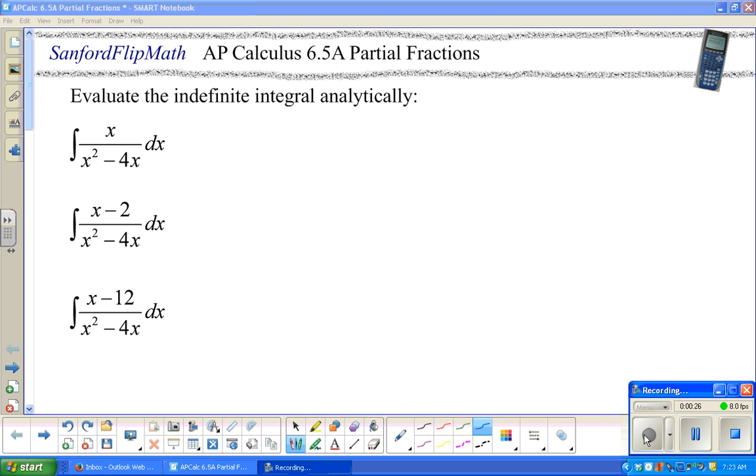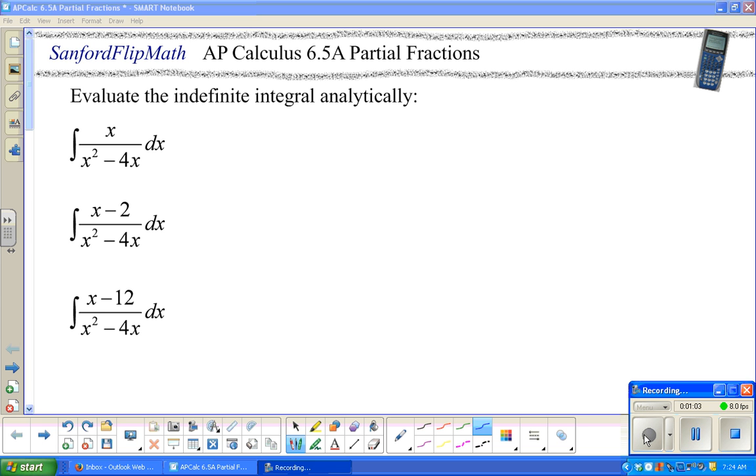Those techniques include everything from a straight up antiderivative, to maybe doing a little bit of algebra so we can do a straight up antiderivative, to U substitution where we make a little replacement so we can do a regular antiderivative, and even parts, which is kind of like the product rule when you don't really have a function inside of a function. Well, there's another situation coming up that we're going to call partial fractions, and basically the idea is when you can split up a fraction into two fractions,